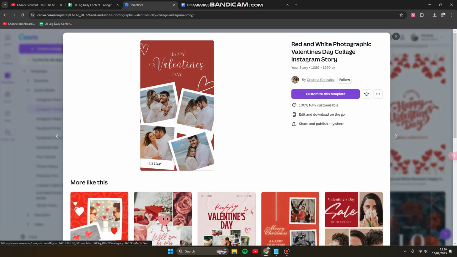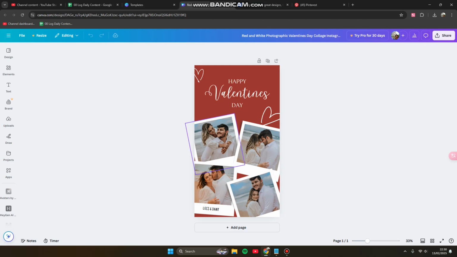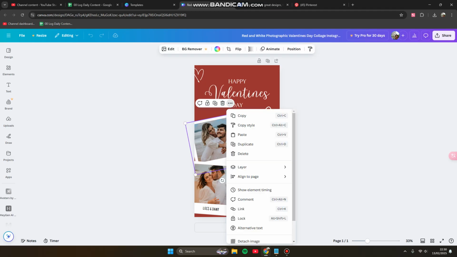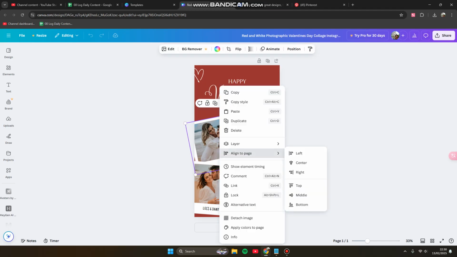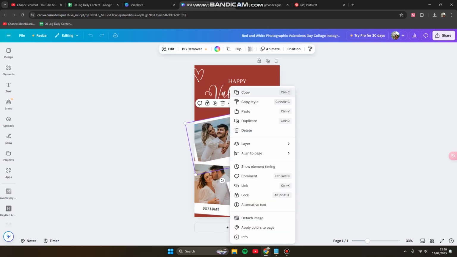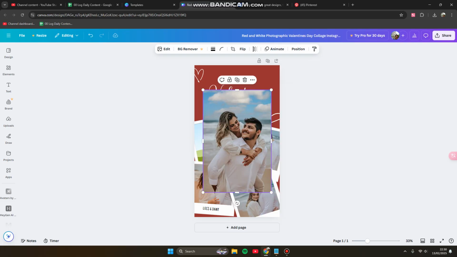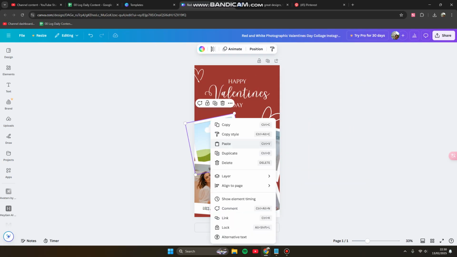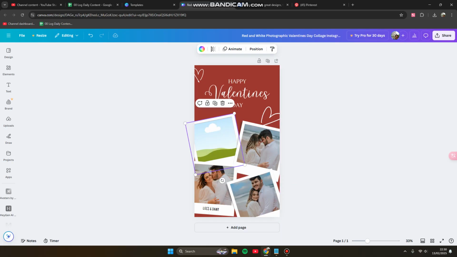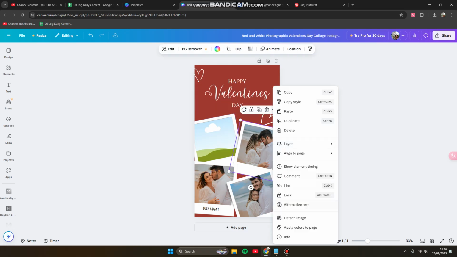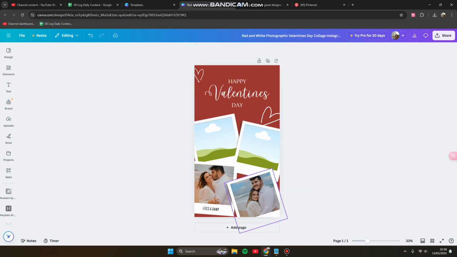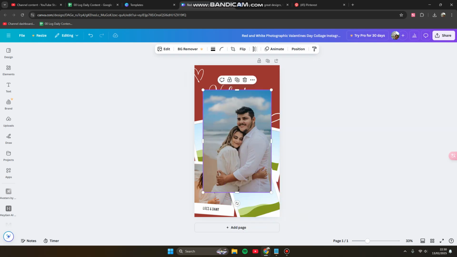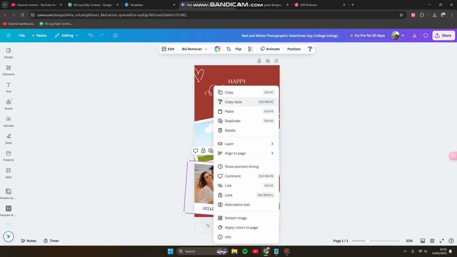So you can click customize this template, and here we go. All you need to do is simply delete or change these images with your own. So here just try to detach the image. Then here you can add your own. So you can detach one by one,